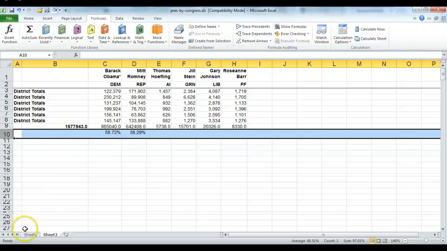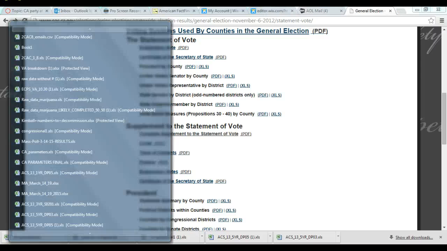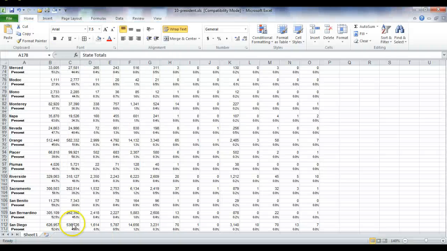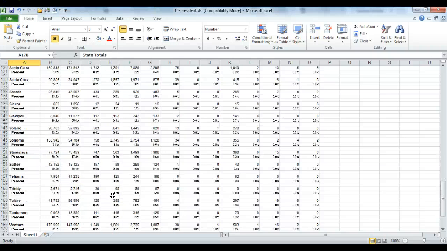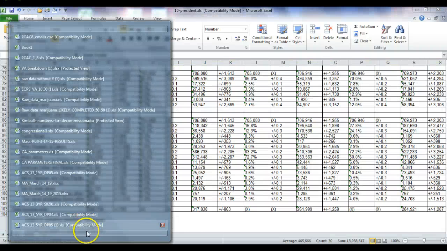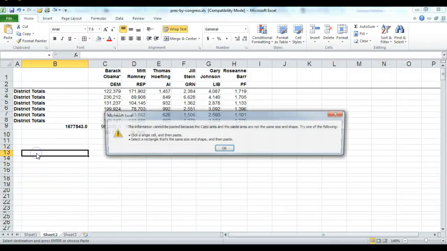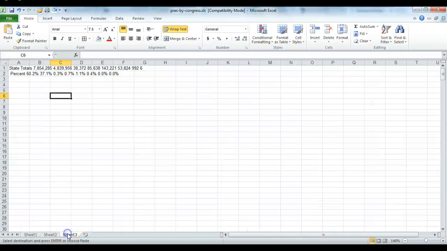The other question you have is the total. We have to then just go back to get the total vote count. So here we'll just do the president by county, open it up as an Excel sheet. We'll open up our file, and within the 10 president, at the bottom you'll see is the total vote in the state, and we'll go back to our by president. Put it on a fresh sheet,